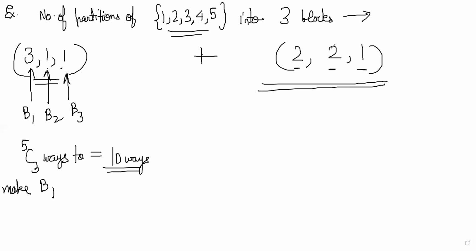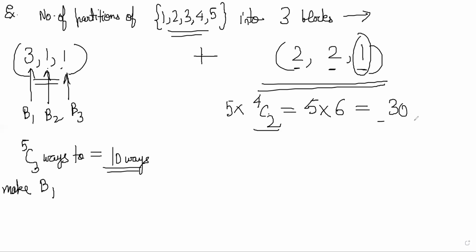So this is grouping of 5 things into 3 sets, having 2 of them with 2 elements, and 1 of them with 1 element, right? So let's think about how we'll do this. First, let's make the singleton set. That can be done in 5 ways, because there are 5 elements. Then you have 4 elements left, and you use the multiplication principle, and make one of these sets, 4C2, right? So this gives the answer 5 times 6 equals 30. But if you're not careful, you'll make a mistake here. This 30 involves a double counting.